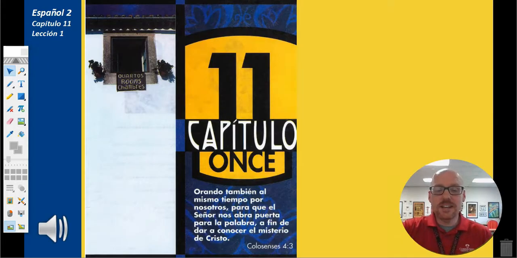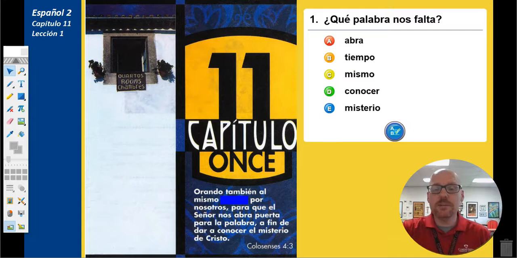El versículo para esta lección es Colosenses 4:3, orando también al mismo tiempo por nosotros, para que el Señor nos abra puerta para la palabra, a fin de dar a conocer el misterio de Cristo. Colosenses 4:3. Let's see if we can do some missing word challenge for this particular verse. ¿Qué palabra nos falta aquí, clase? ¿Cuál palabra nos falta? La respuesta es